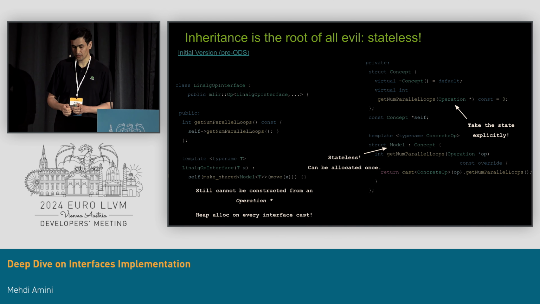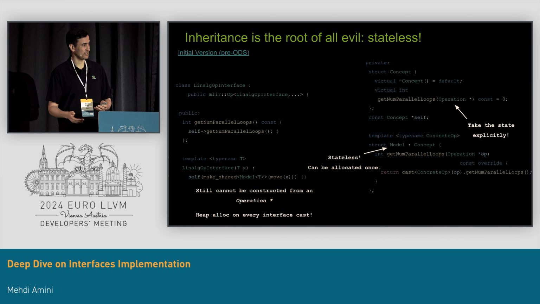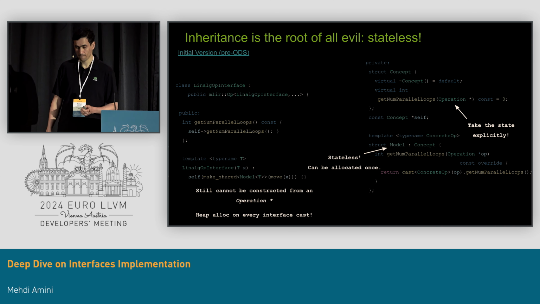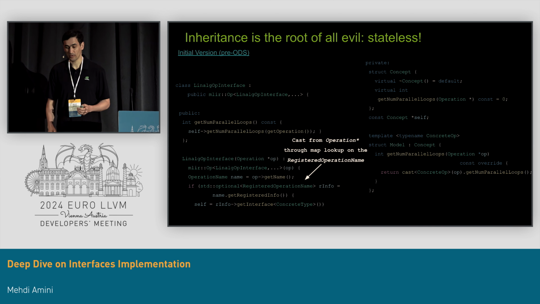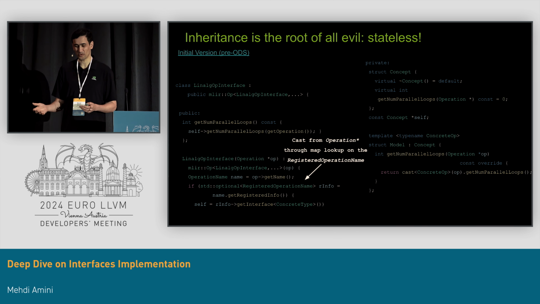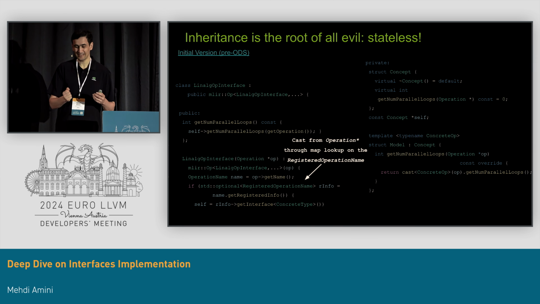Now, what we still need to do is solve the creation problem. So when we initialize the interface, we want to initialize the interface on the left side here from an opaque operation. And so the way we do it is that now we have this model that is stateless, can be allocated once when we initialize the context and register the operation. And so we're going to store it in the context in what we call the registered operation name, which is